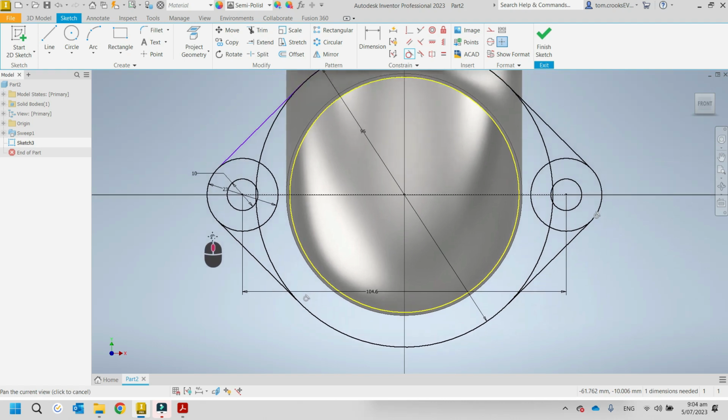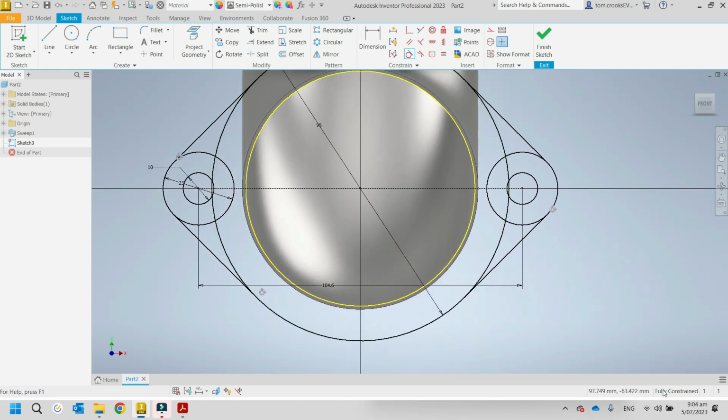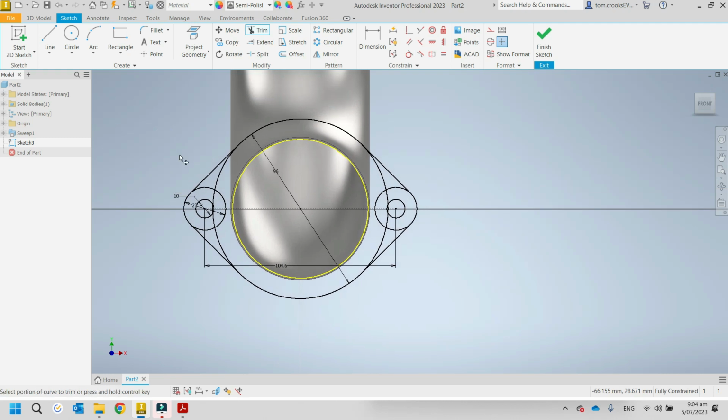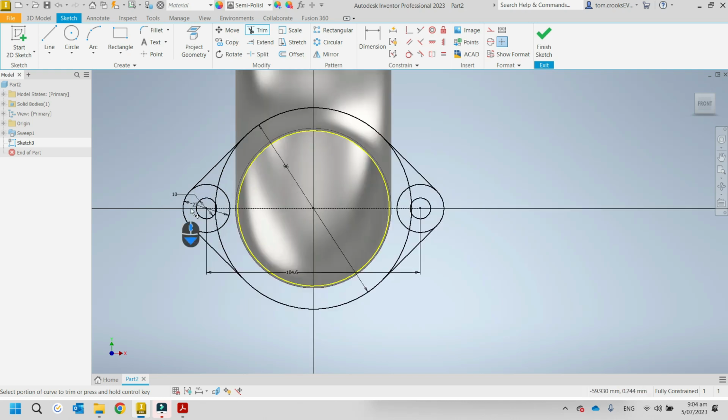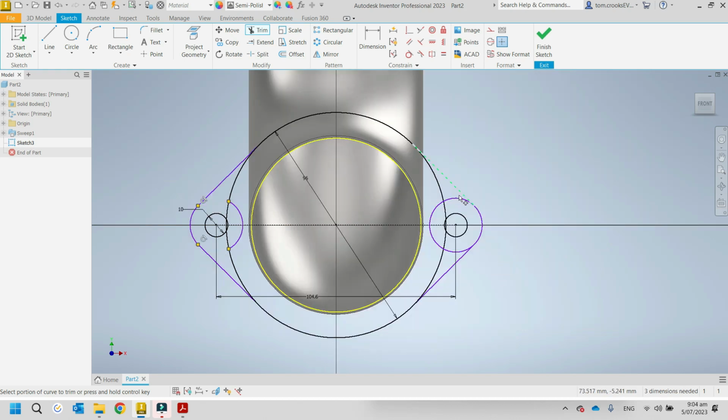Yep, so that's made it go black. It's happy now. Let's go here and here, and yep, it's happy with that too. And we can see it's fully constrained down here. So now it's just a matter of trimming the excess off, which sometimes can lose some of your integrity of the dimensions or where it's referencing from, but that's okay because we're just going to trim it,